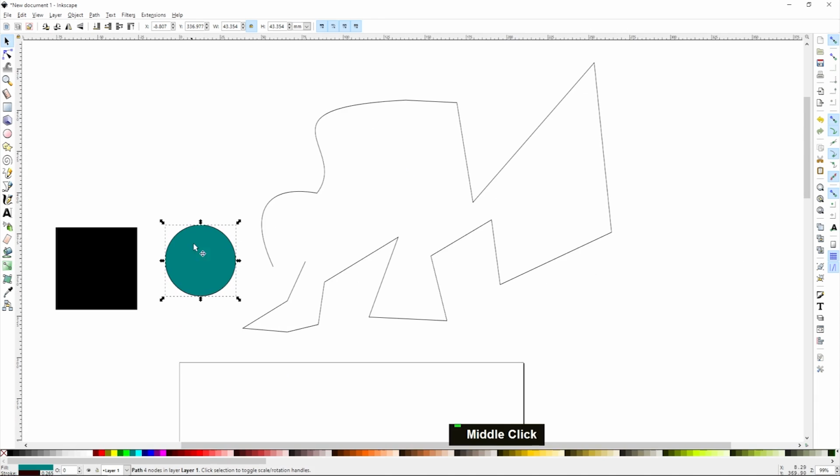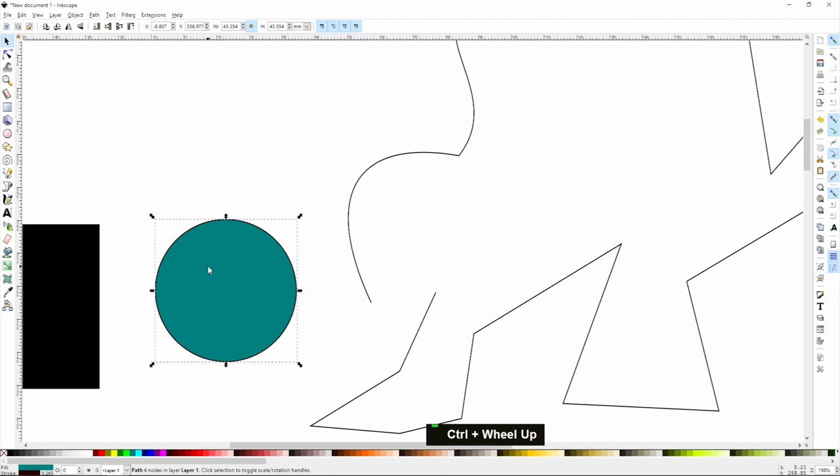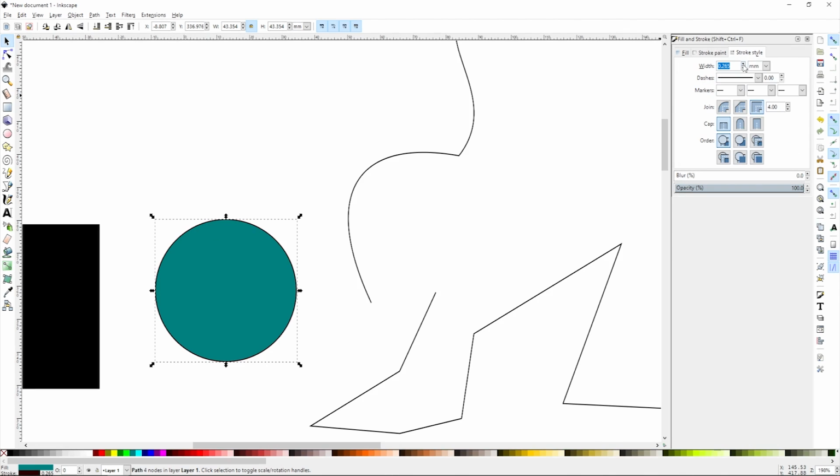Another way of looking at these things and more carefully changing their properties is by opening the fill and stroke menu, which is Control-Shift-F. Control-Shift-F will allow you to change the fill in lots of different ways. The solid fill is usually what you'll use, but there are other options, each of themselves with a world of opportunities inside of them. And then the stroke paint, the stroke is what that outline shape is called. And stroke style